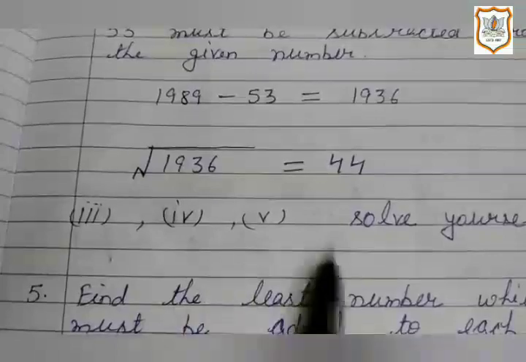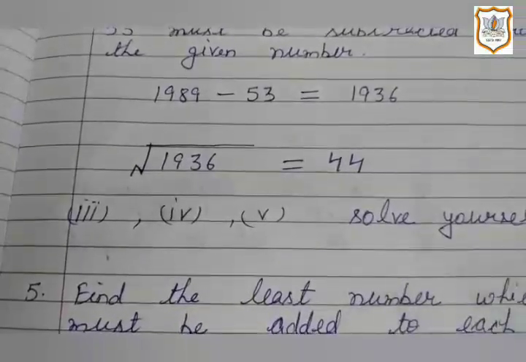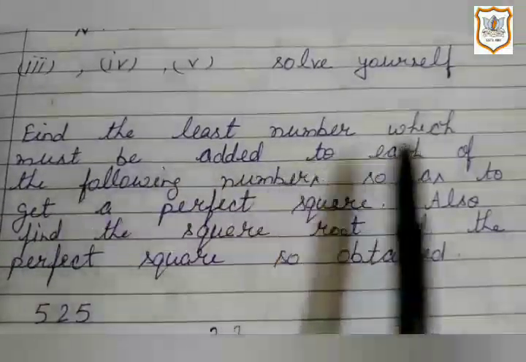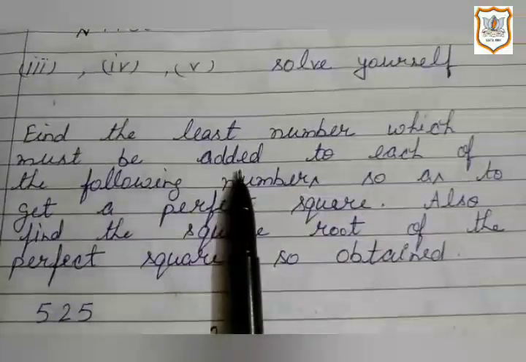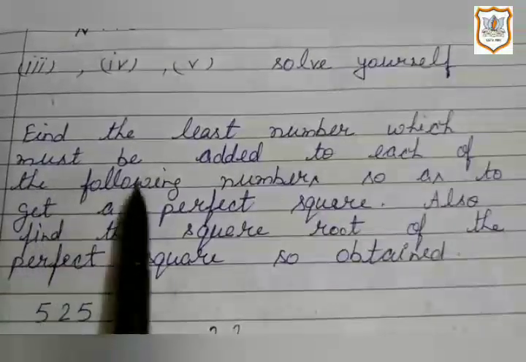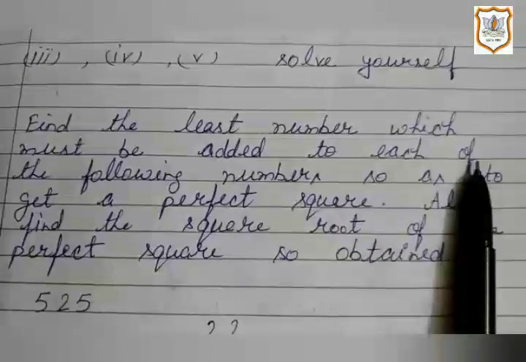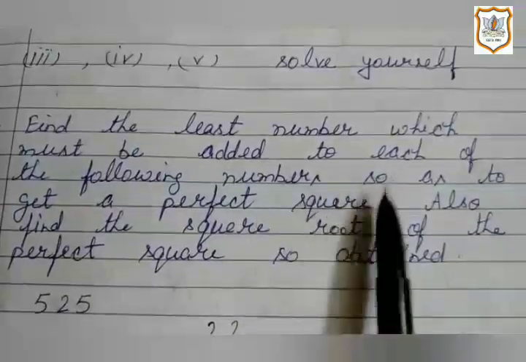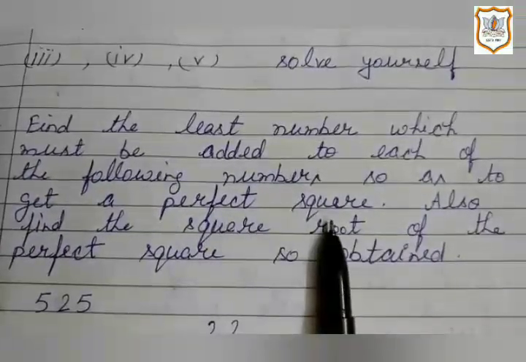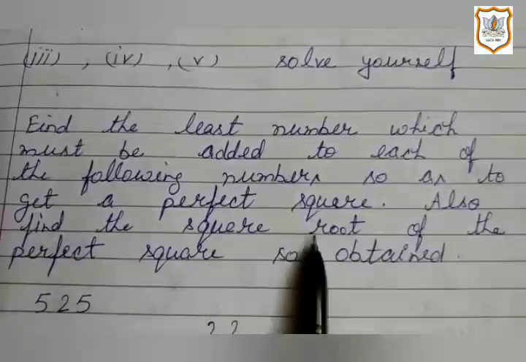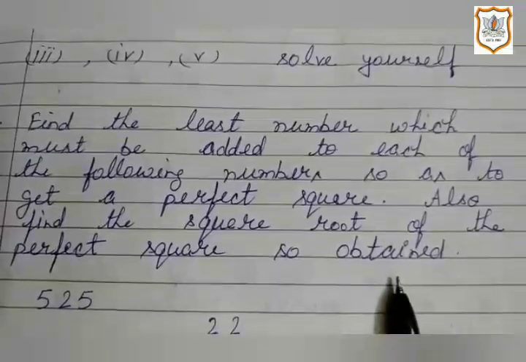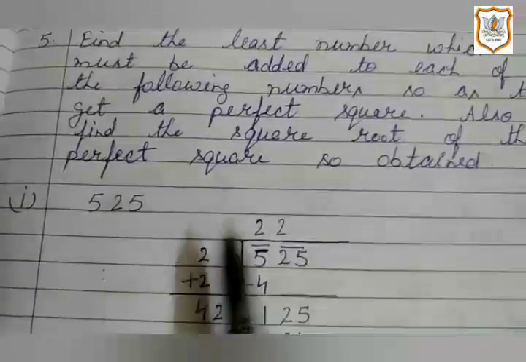Next part, third, fourth, fifth, you can solve yourself. We take the next number. The next question is: find the least number which must be added to each of the following numbers so as to get a perfect square. Also find the square root of the perfect square so obtained. The first number is